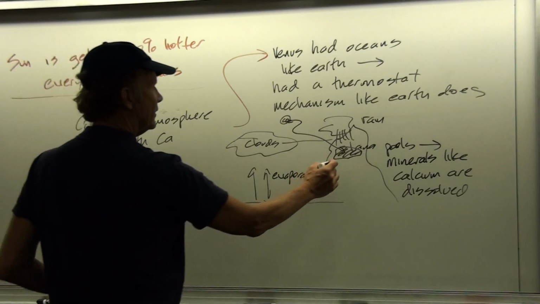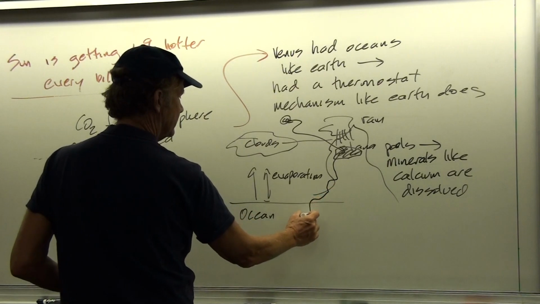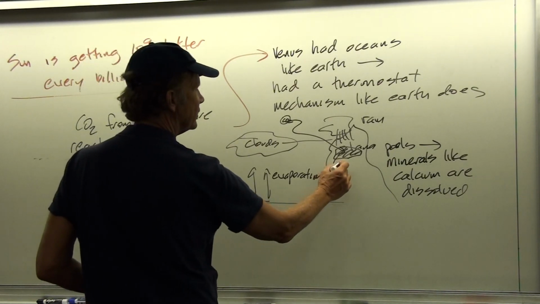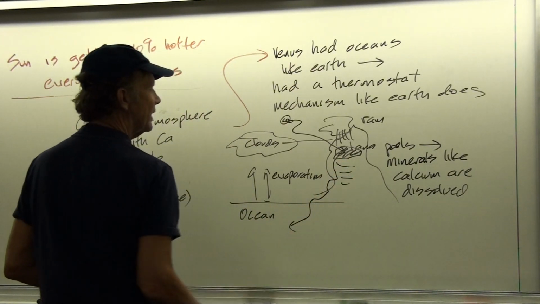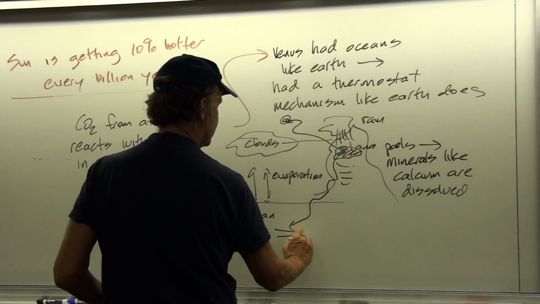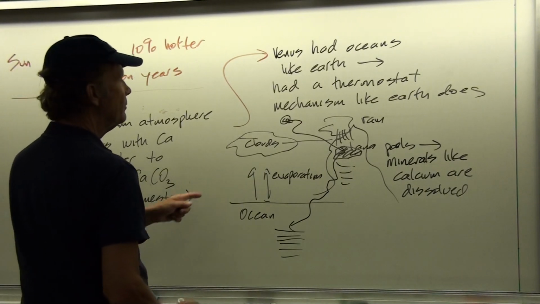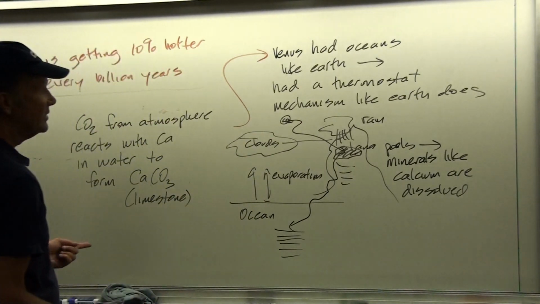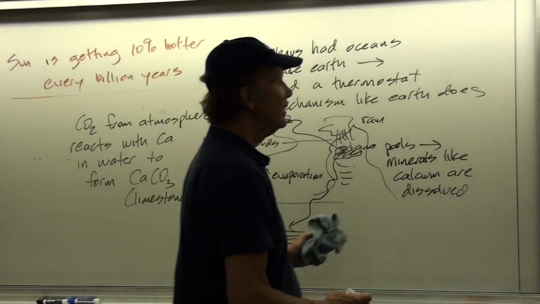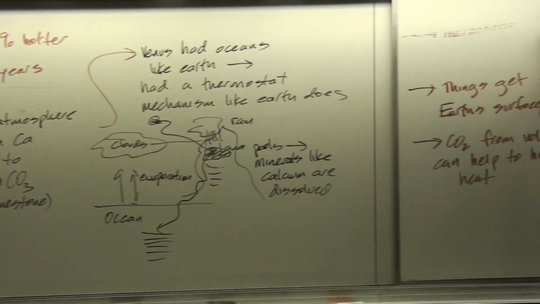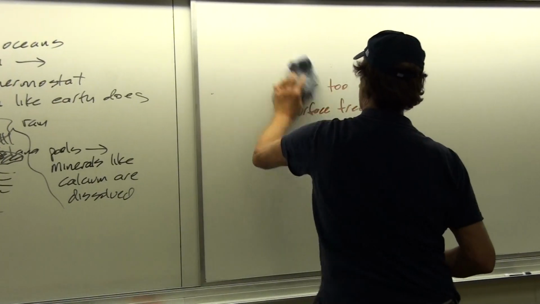And then this precipitate, in some cases, is carried out to the ocean. Sometimes it builds up in land masses, and so you get calcium carbonate layers on the bottoms of the oceans. But what this is doing, and this is the important and very significant part of this, is the removal of CO2 allows more heat to escape.